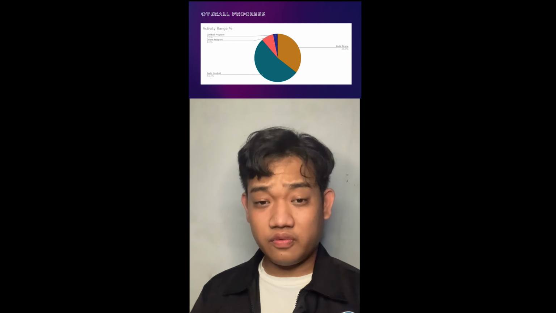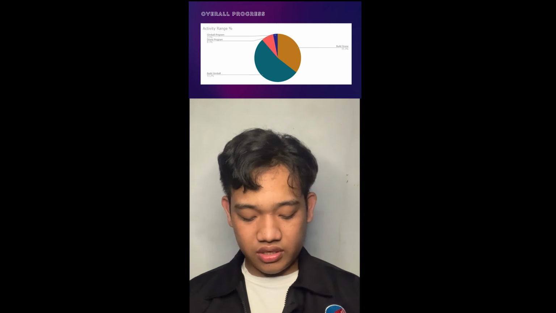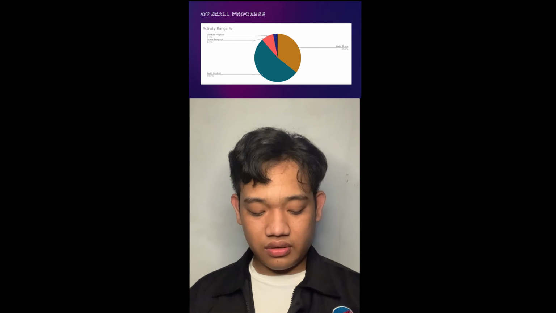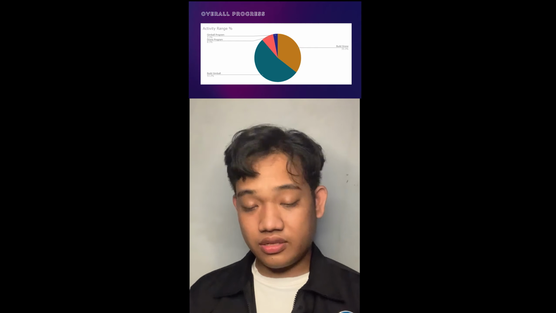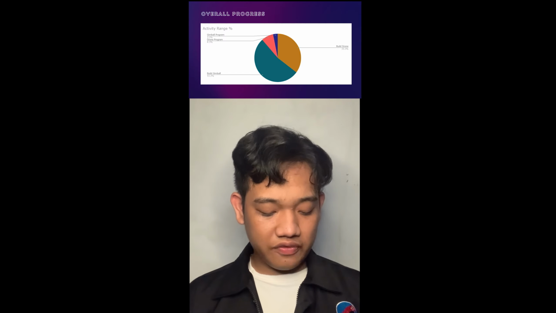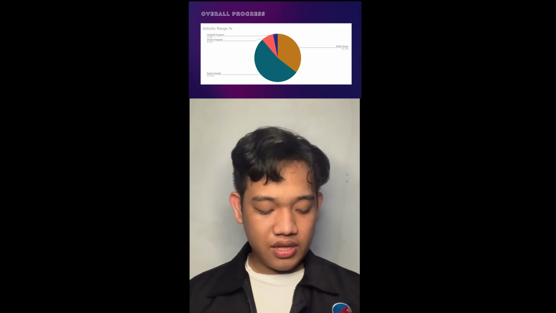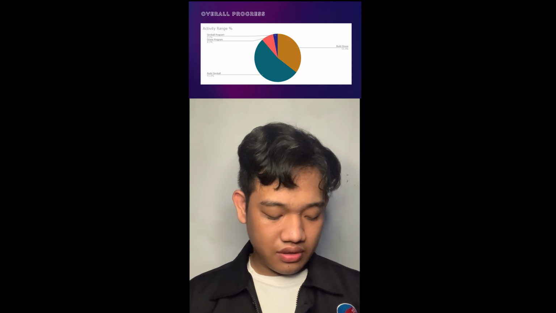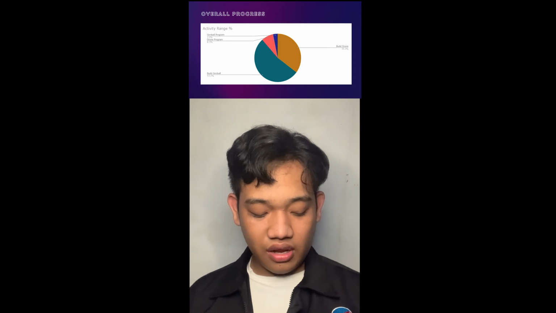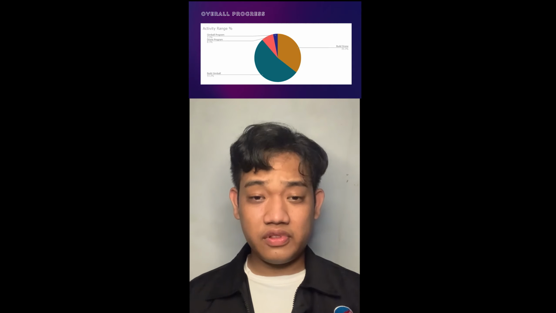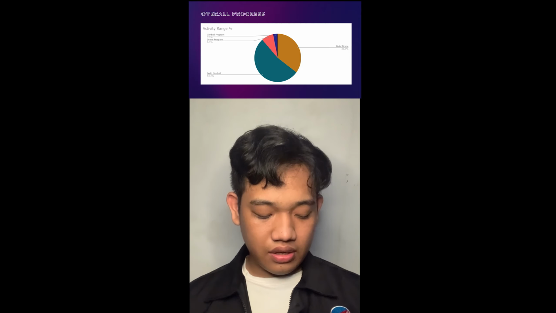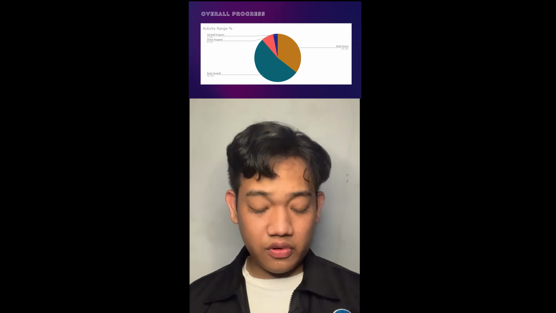This is the table of our overall progress for the semester. The gimbal program is around 3.2% of progress, and the drone program is only at 8.3%. For the gimbal build, we did a lot in this semester. We built around 50.2%, and the rest is for building the drone.